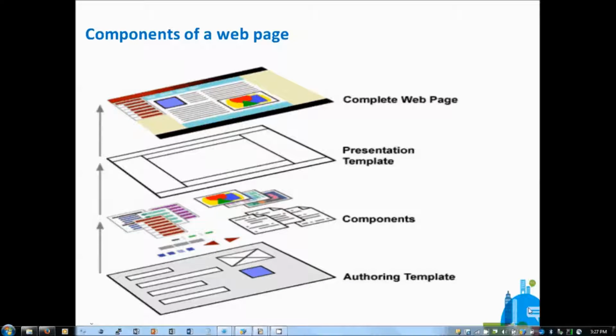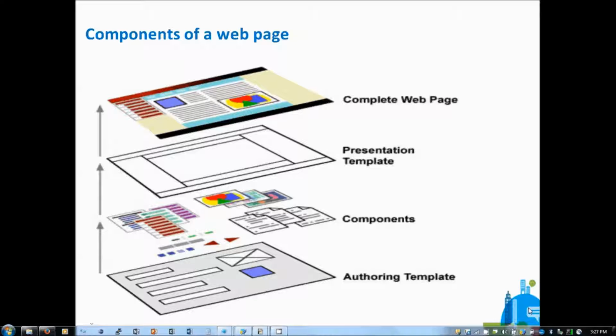Here is the overview of a web page that is developed with IBM Web Content Manager. It shows a clear separation of content and presentation. The authoring template defines how the content is structured in terms of identification, profile, workflow, access control, and the type of the content elements. Based on the definition, a presentation template will define how the elements have to appear in a web page. A presentation template contains the HTML, CSS, JavaScript, and WCM tags.